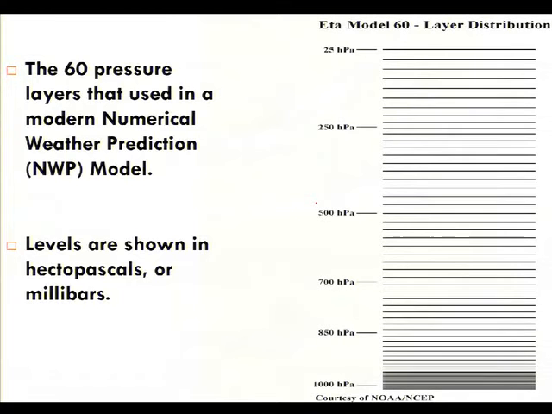Okay, so the map I showed before was an XY plane. That was just showing North America as a flat plane. But clearly, the atmosphere is 3D. We live in 3 dimensions. There's a vertical direction as well. So the model has points in the XY direction that are evenly spaced. But then in the vertical, we also have different levels. And this is a general distribution of how pretty much all numerical weather models work. What we do is we